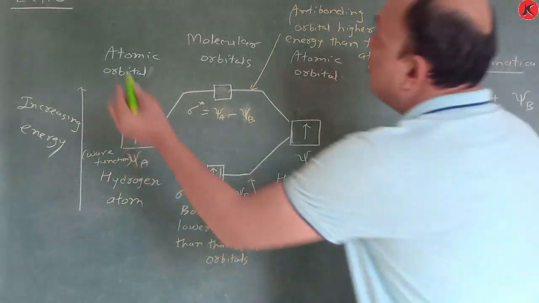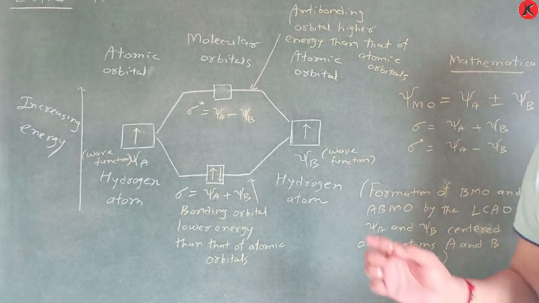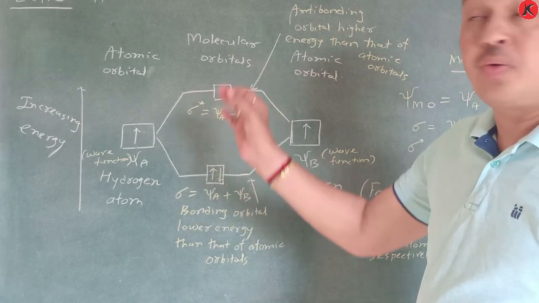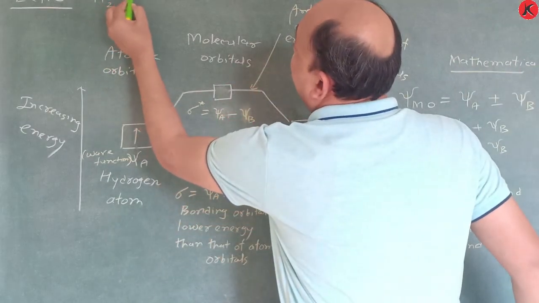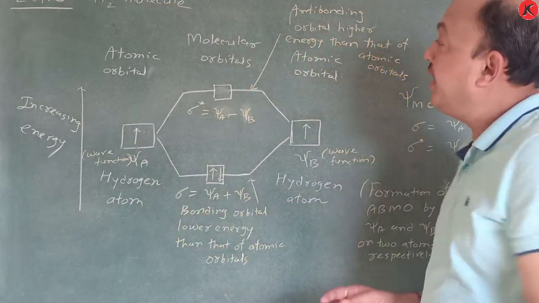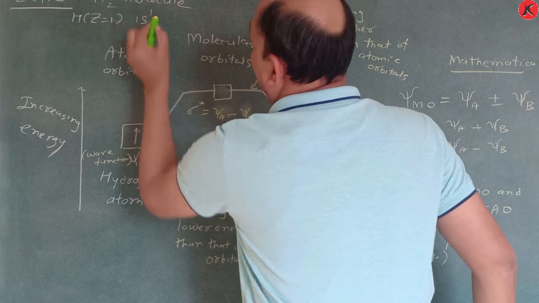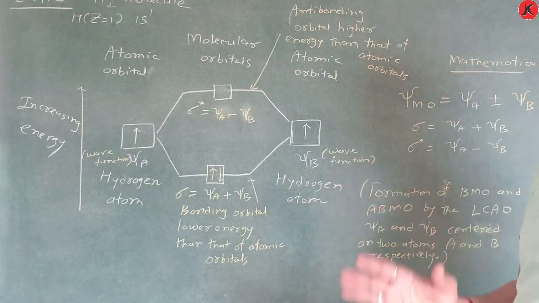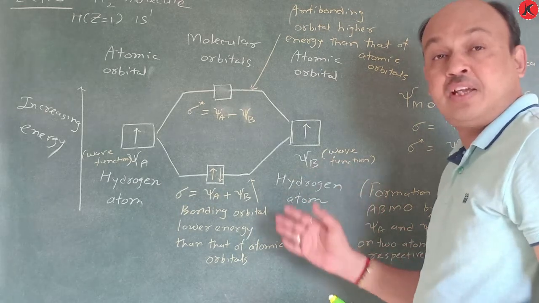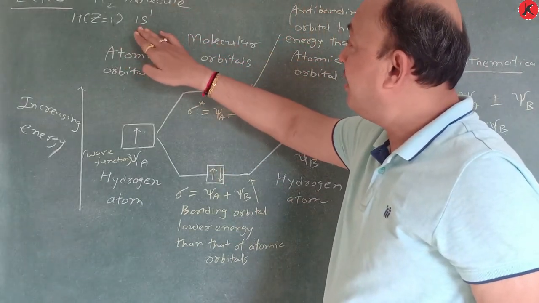You have to understand that suppose two hydrogen atoms are there, one hydrogen atom and another hydrogen atom. We are thinking about a homonuclear molecule, and we give a simple example of the H2 molecule. In the ground state, the electronic configuration of hydrogen, Z equal to 1, is 1s1. This is a very easy concept, but you have to remember certain things here, according to classical or wave mechanics.